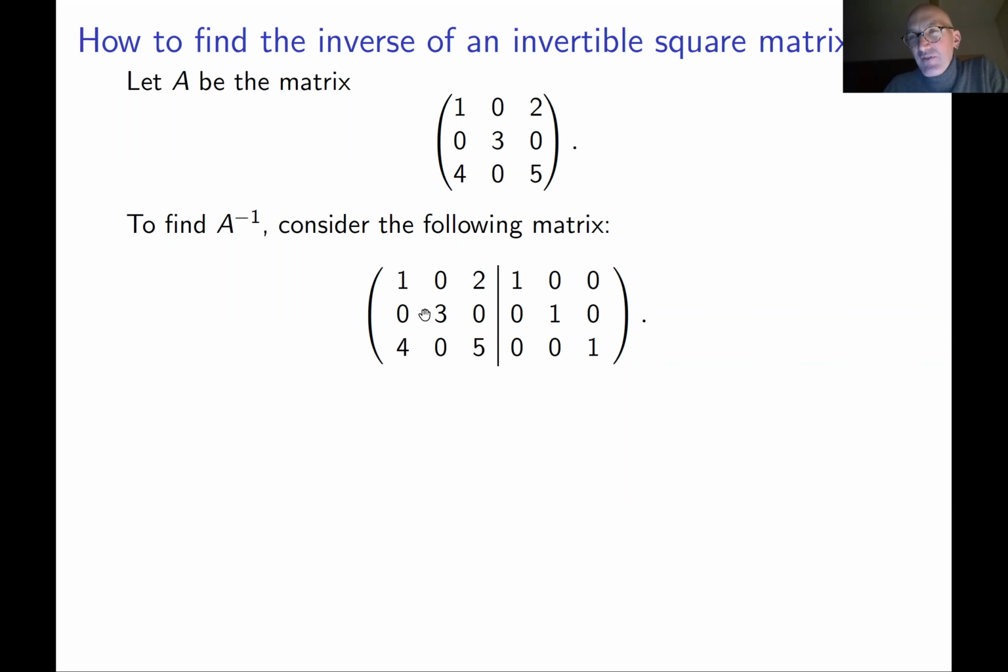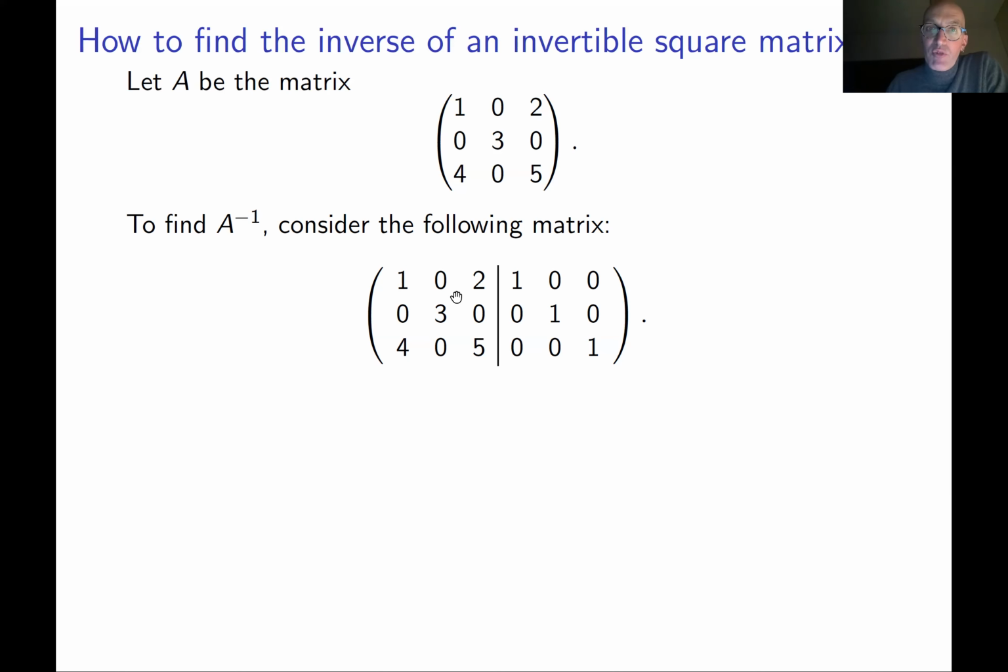But we know that you have two options. Either your matrix has non-zero determinant, and then you get the identity matrix as the reduced row echelon form, or maybe you get some matrix with a 0 row, and in this case it basically means that it has a non-trivial kernel, and in this case the determinant is 0, and the inverse does not exist. So there are two options, but in this case, everything is going to be fine.